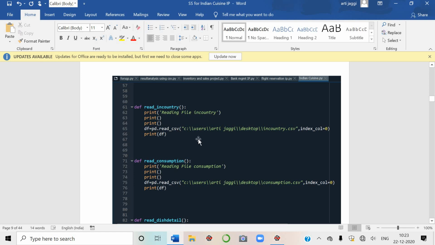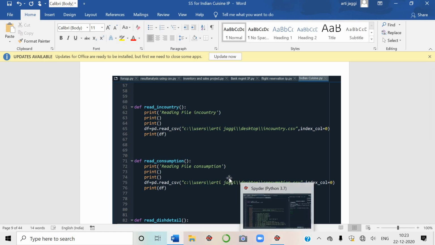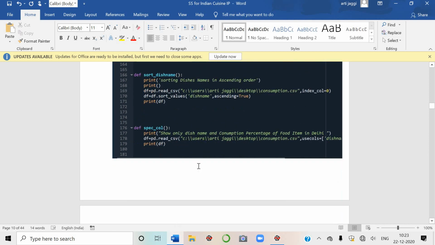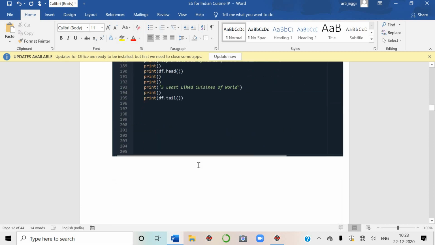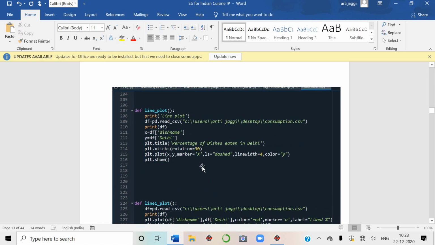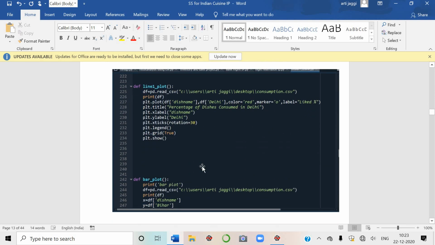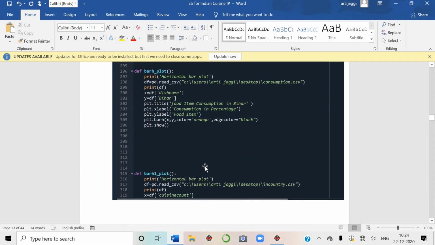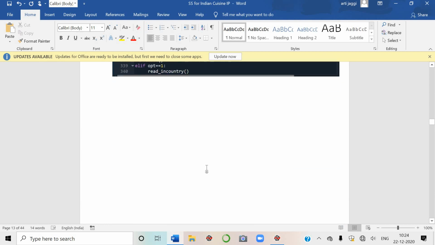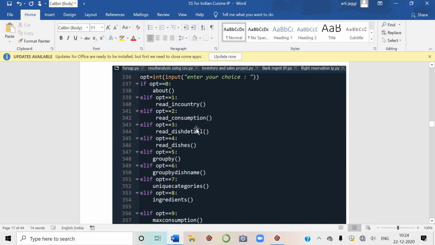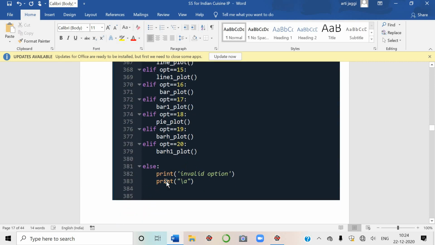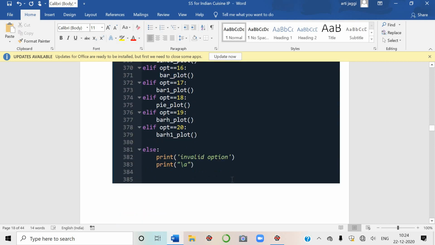First is read country. Okay, I'm going to first show you all the screenshots here. In the same way, students, you have to take the screenshots of the coding, and you have to paste the CSV part also. In Excel, you make the CSV files. I will tell you how to make the files. Just make or save the data in Excel and save as CSV files. See here, all the plots, every coding is here for every module. And at the last, you are giving all the options. The elif ladder is there. Then in the last, the else option prints invalid option.